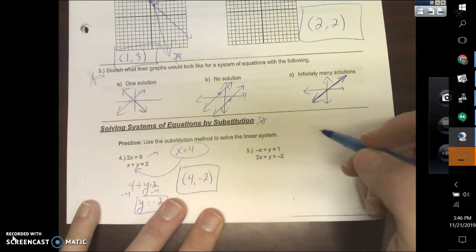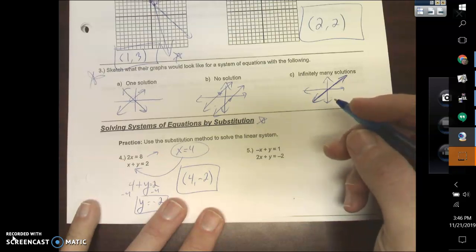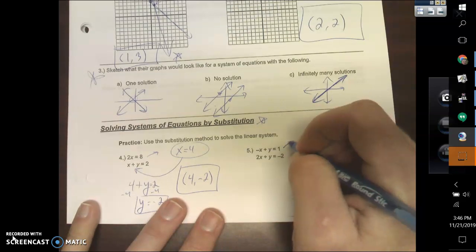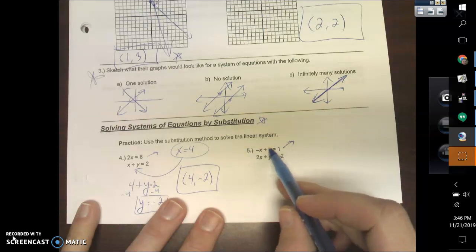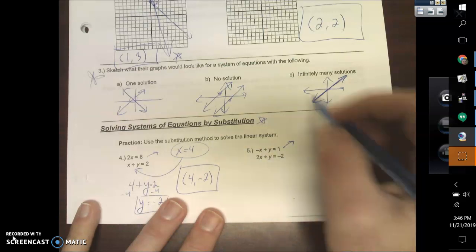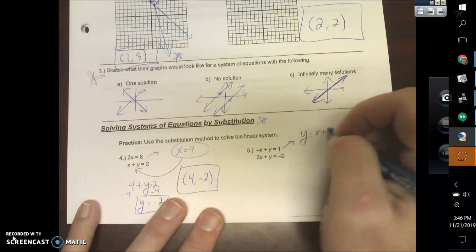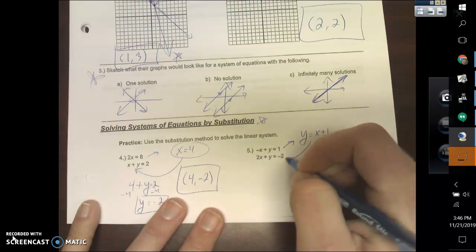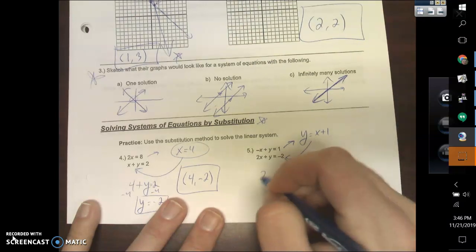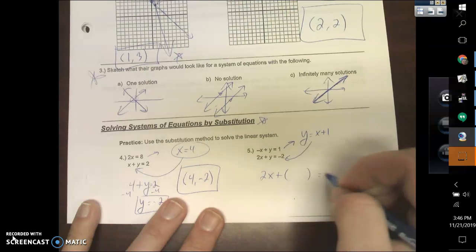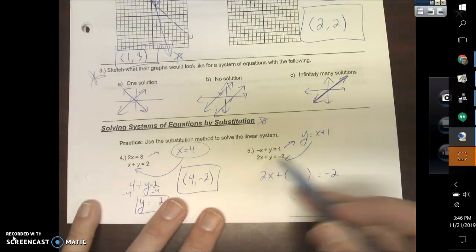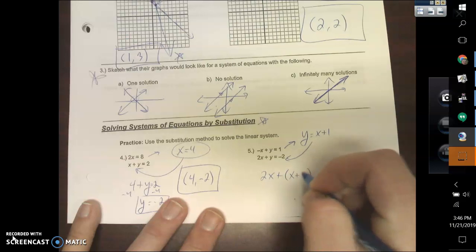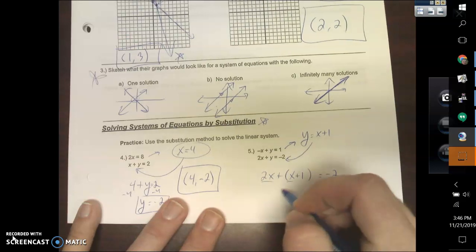So if you look at this one, now the goal is you want to get x or y by itself. I'm looking at my top one. I want to get y by itself, so I'm going to add x over. Y equals x plus 1. Everywhere you see a y in the bottom part, so 2x plus something equals negative 2, I'm replacing this y with x plus 1. 2x plus x is 3x,